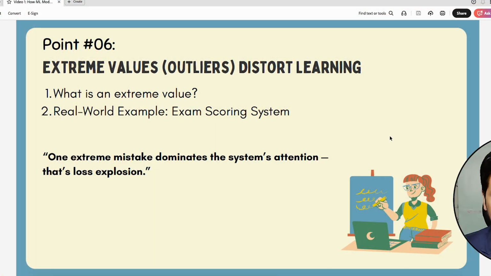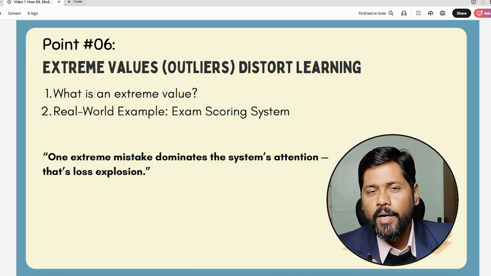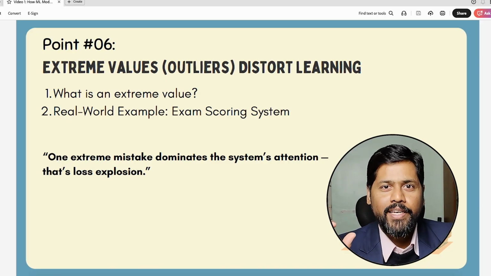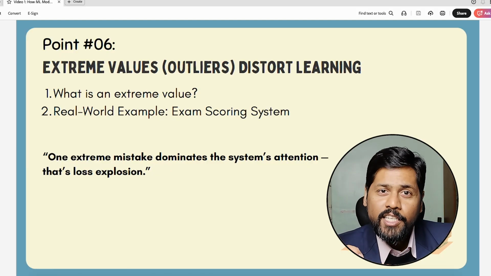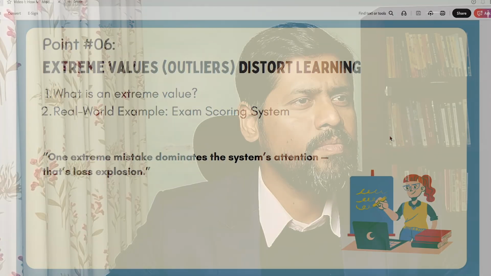Now let's discuss a case of a very special number, which is part of the data being fed into our model. The unique thing about this special data is it is way beyond the expected range of the number, which ideally it should have been. Let's understand this with an example.